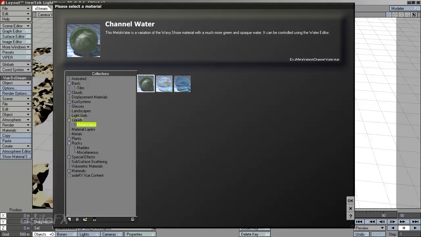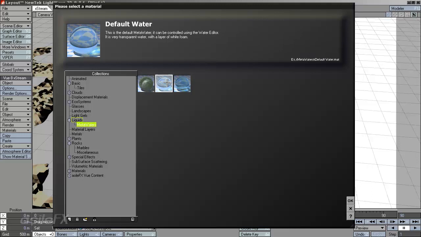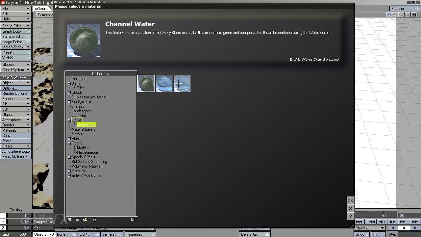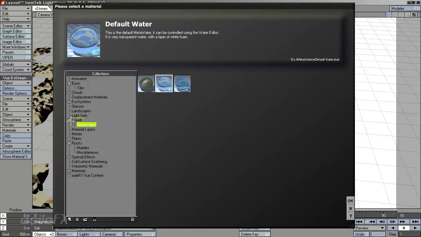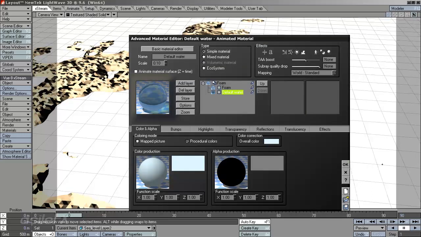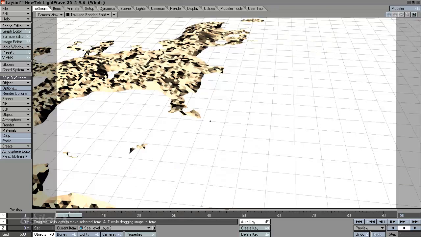The channel water is set up a little bit differently. For the most part, the main controls can still be edited within the water object interface. But these are the main waters. You can, of course, load any of the waters or liquids or any material you want on the object, but for the most compatibility with the sea level object settings, which I'm going to bring up right now, the